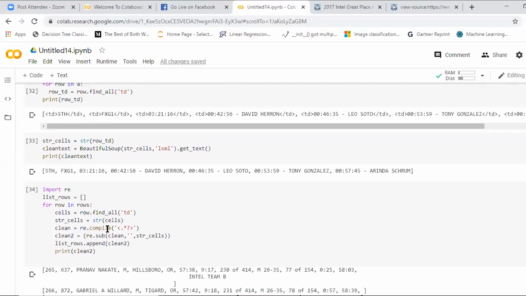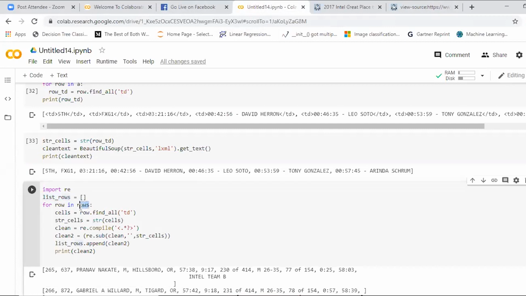So in the previous cell 33, you can see over there you have removed the table cells, but I need to remove the entire thing from the entire web page, because I'll be having angular braces for each and every tag. If you inspect the page source, you can see everything. So what I'll do, I need to make the entire web page clean. For that, I use my pattern matching library called regular expression, because in other programming languages like Java or JavaScript this becomes very complex. So I use my regular expressions re library. I create an empty list.